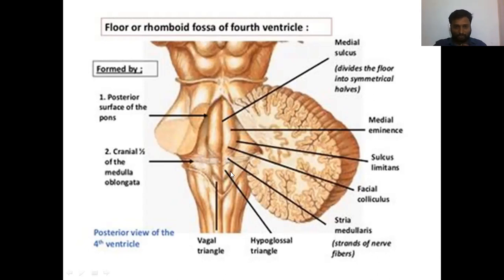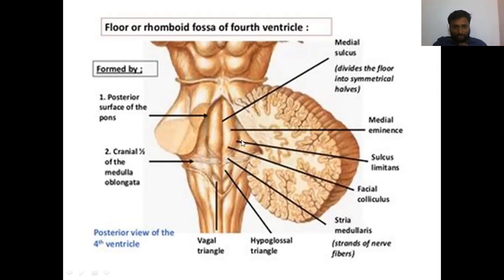Now we go to the sulcus limitans. There we can see two pit-like depressions, here and here. These depressions are known as the superior fovea and the inferior fovea. Fovea means a shallow depression. This one is the superior fovea, and this one is the inferior fovea. The area lateral to the limiting sulcus, this area, is known as the vestibular area.